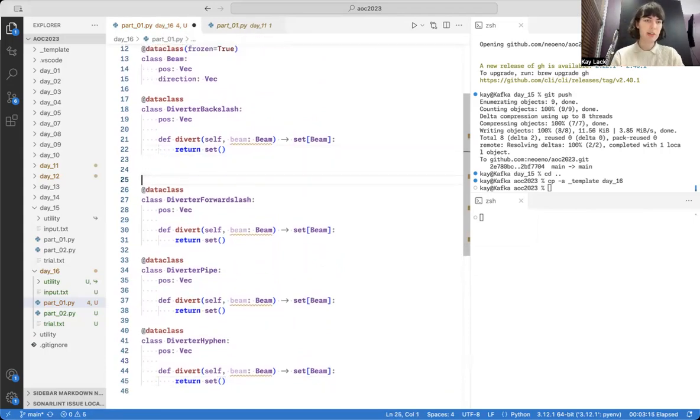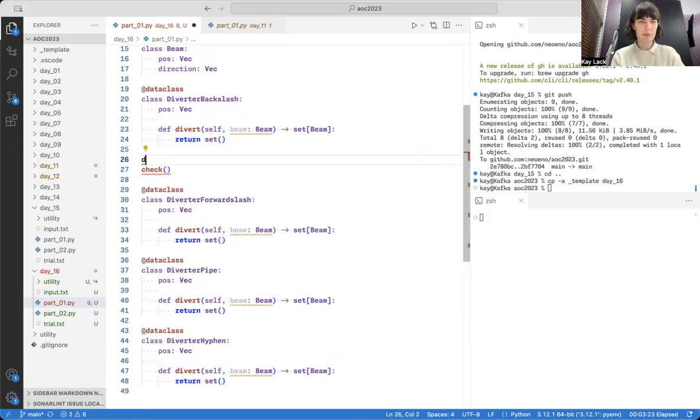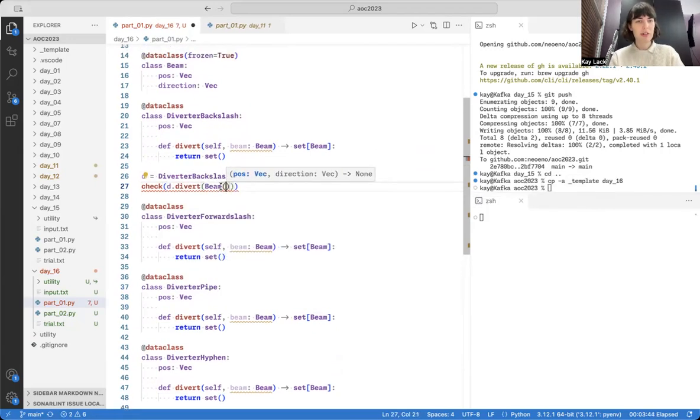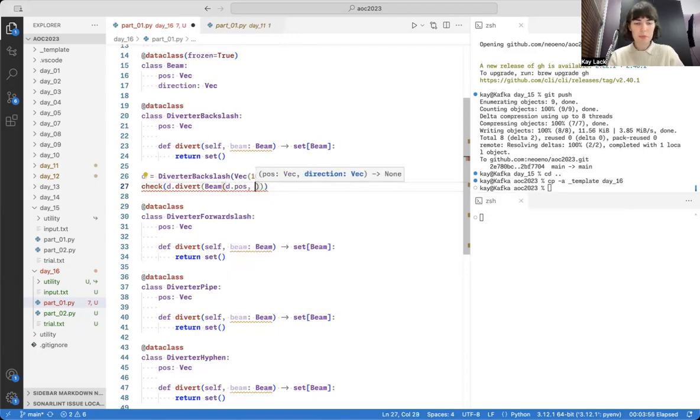Okay, great. Now let's put some checks in here. No, not that check. This is going to be at, let's go with 10 and 10. Now, if we divert a beam that's coming in, it's always going to be on the 10, 10. So we can have that be trivial. Now, if it's coming in from the right, it's going to be a plus x and a 0 on the y. At which point it should generate a beam which is at,